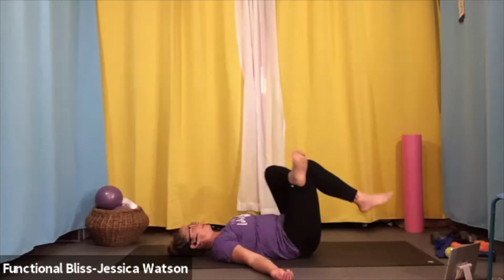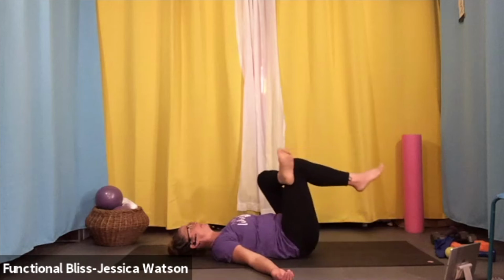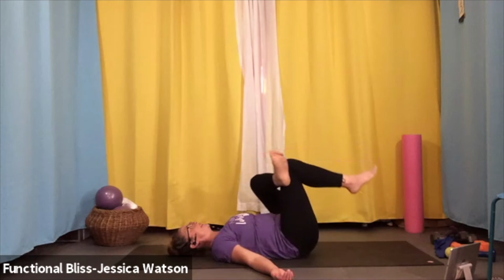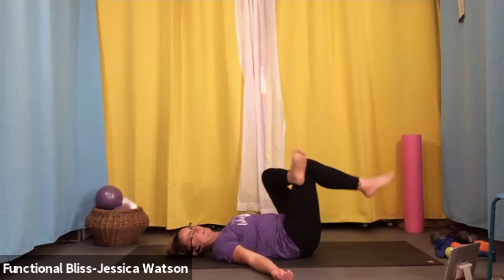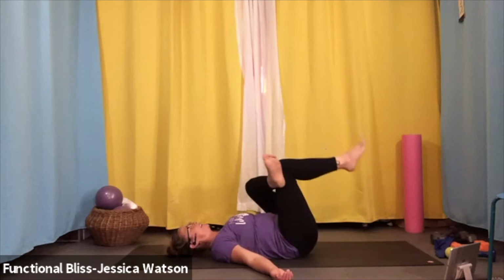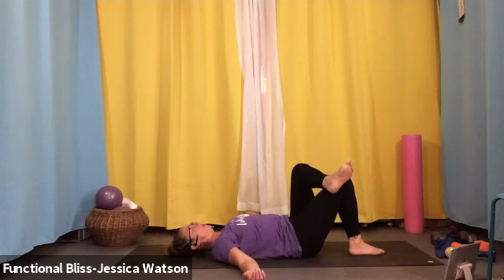Exhale, lower your foot back down to the ground. Inhale, lift your right leg up. Exhale and lower it down. Inhale and lift up. Exhale, lower down. Awesome. Keep that figure 4 position, but now we're going to drop the knees over to the